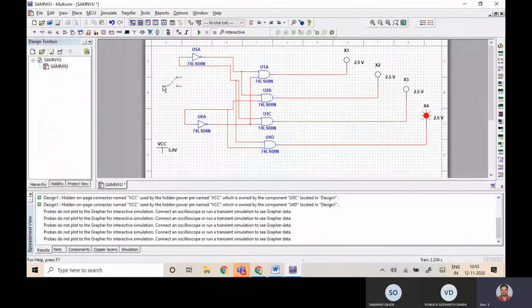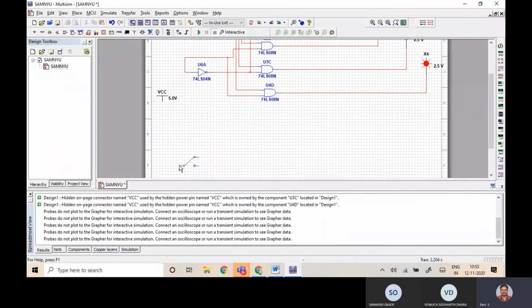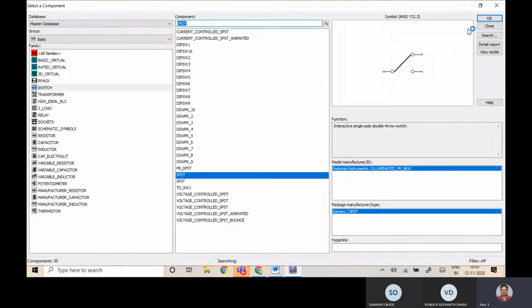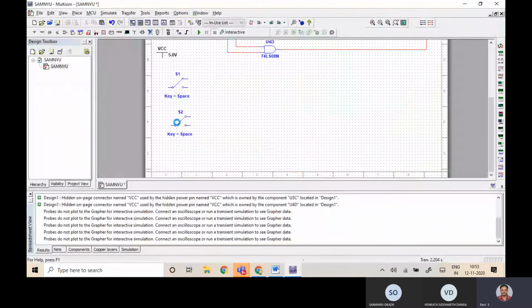Okay. So in that, one is A, other one is B. So one of the leads I'm connecting to VCC. The top lead is VCC, that is what it says.